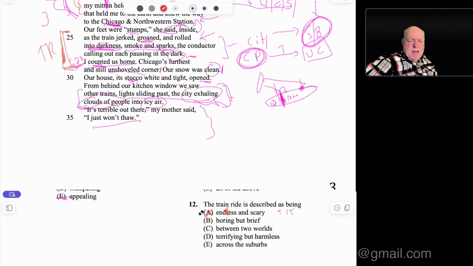So choice B is kind of these ones back and forth. But I think we can safely remove it because the other thing is it was exciting but short. Boring but short. I don't know. I don't think it was boring. Nothing leads us to believe there's no inferencing whatsoever that we can get out that it was a boring ride home. And a lot of kids like train rides and stuff like that too. So we can contextually do that inference and just say it's probably not B either. Between two worlds, that doesn't seem to be the right answer.